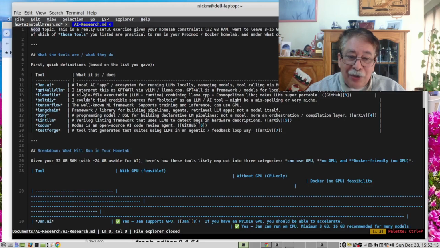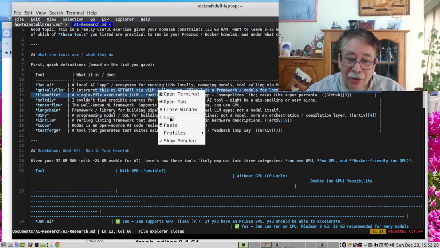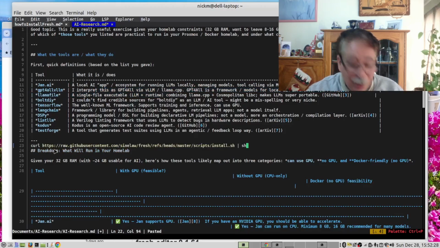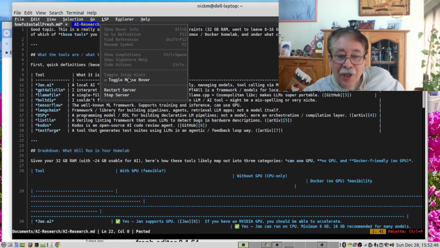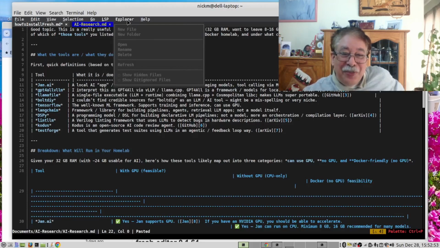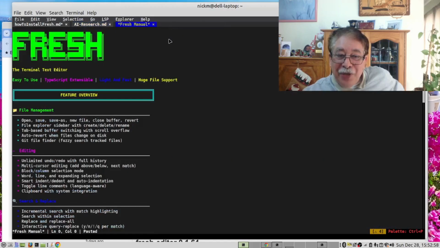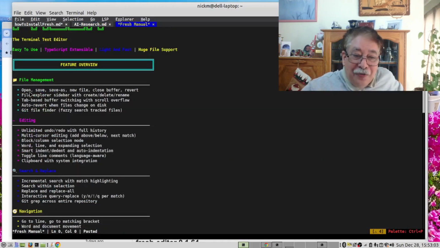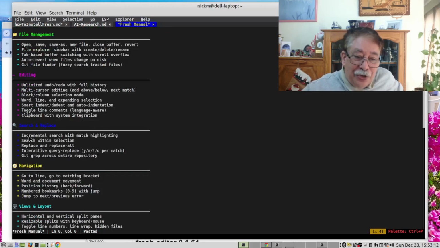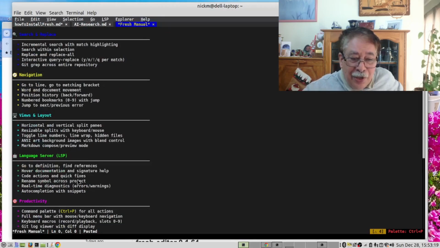I am also able to do things like copy a bit of text, copy and paste. I'm not going to do that, Control X. Now be careful with this. If you switch this off, you're going to have a problem trying to switch it back on. It comes with a manual as well. So these are the file management, open, save. You've got different search modes, and it also has plugins, and it can work with different coding languages.